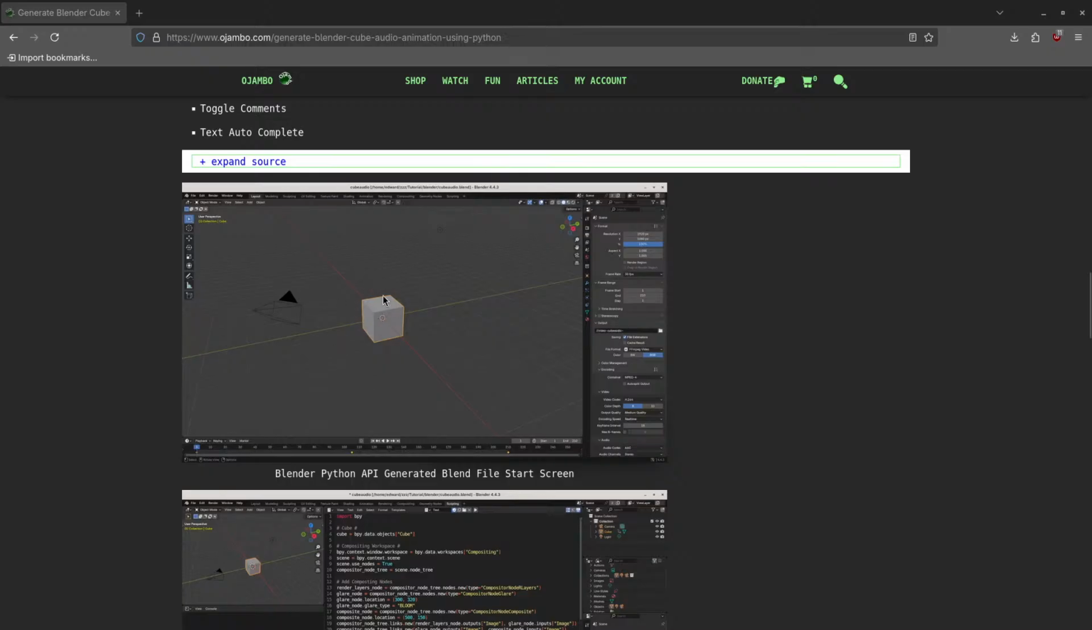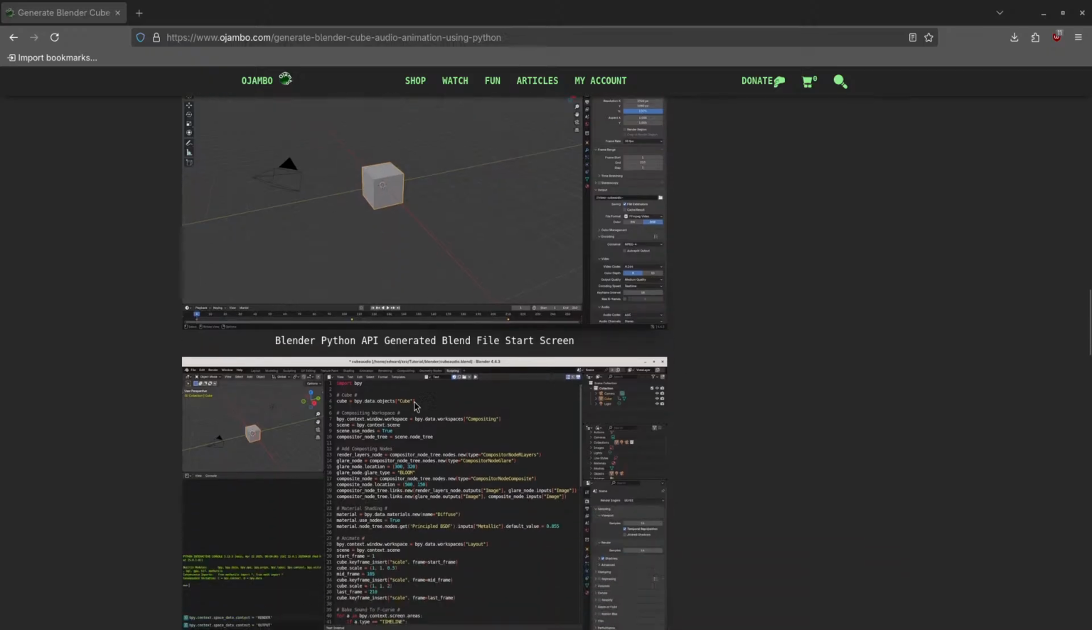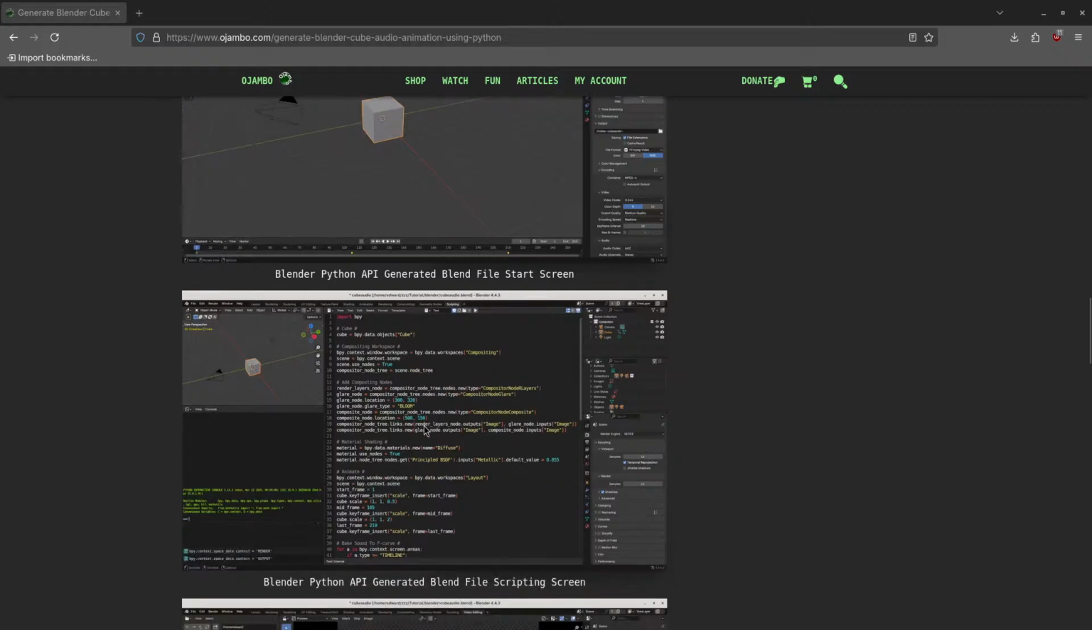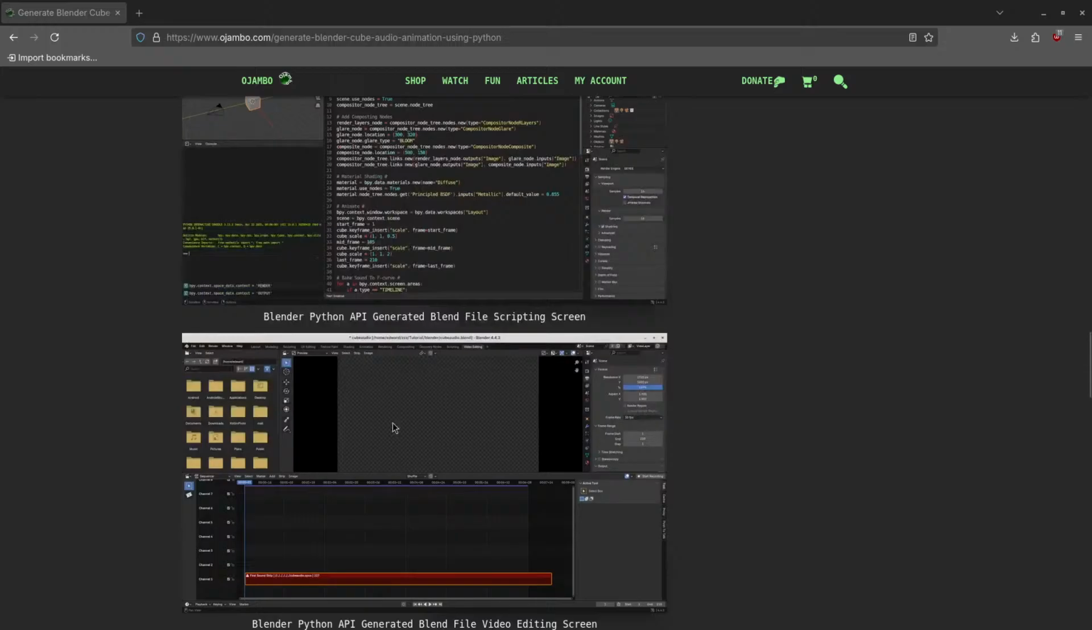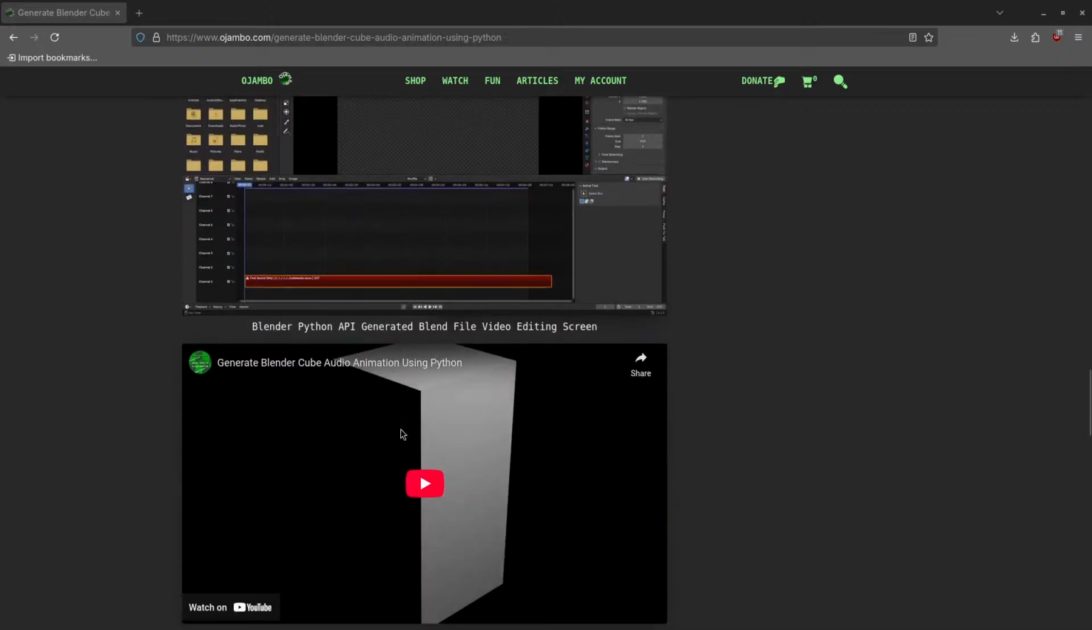So this is what will happen when you start the blend file. There's always the default cube, and then in the scripting tab you can paste the script there, and it will do the same thing. And basically, as I said, if you want the audio file, also add it to the VSE. That way, when you render, the audio will also be there. And this is